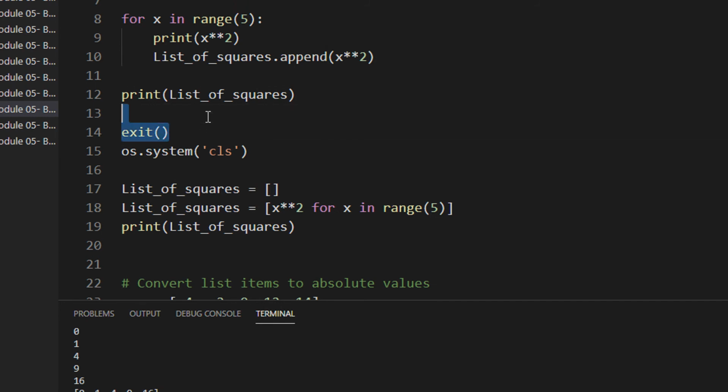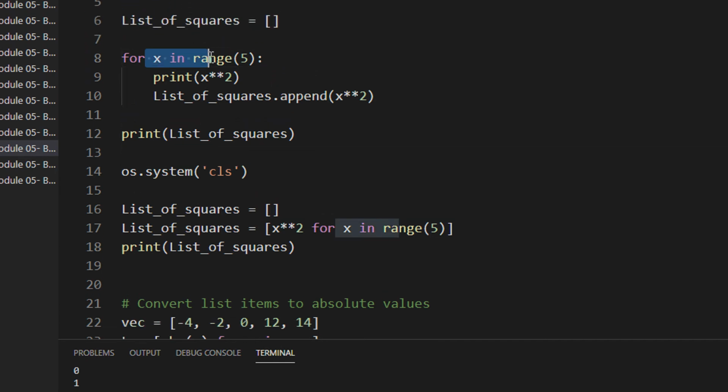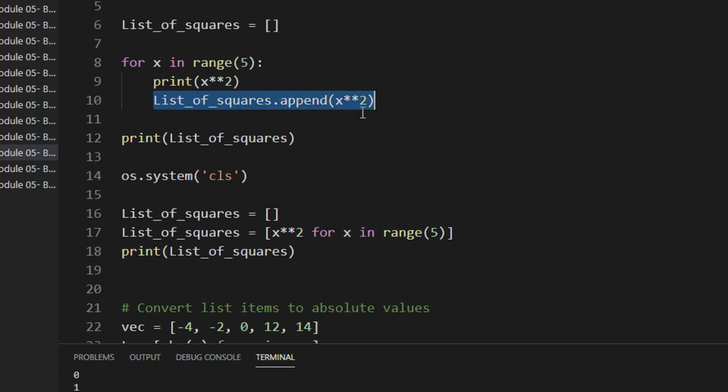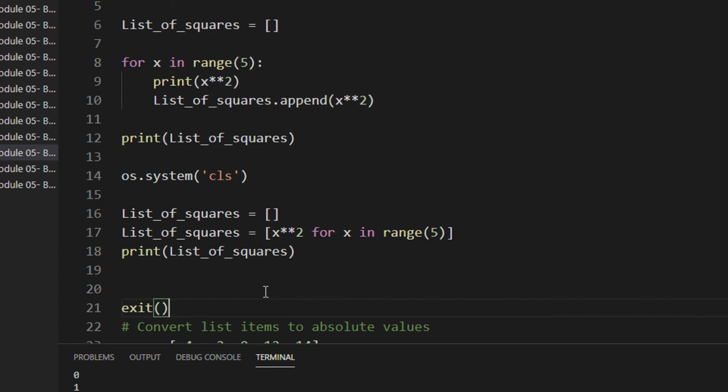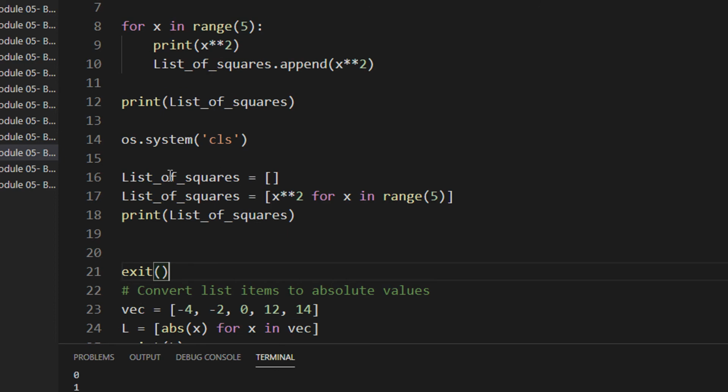Now let us try one more thing. For this, I had to write a for loop and then append to the list and finally print the value of the list. How can you achieve this in fewer lines of code? That is the ultimate objective of Python, to achieve everything in one or two lines. I redefine this to be a blank list and say this is what we call list comprehension.